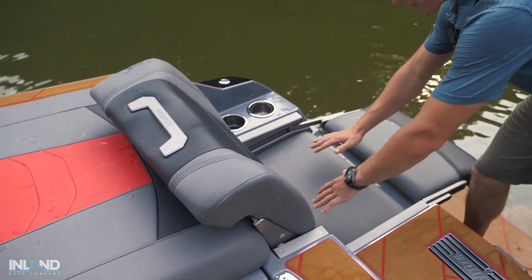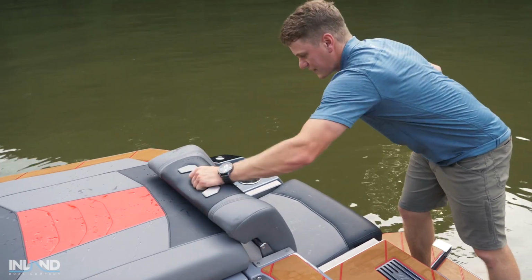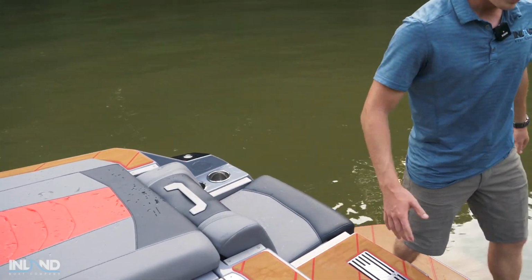Put goggles, white goods, anything that's okay getting wet back here. Fold up each seat, you're ready to roll. On this side,